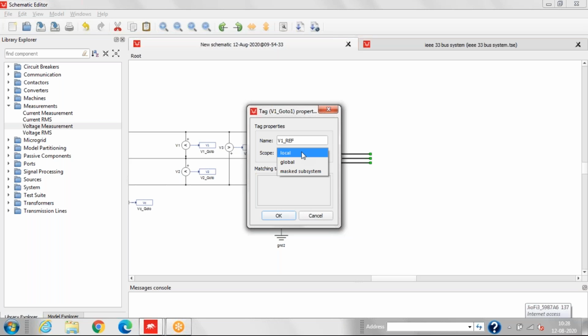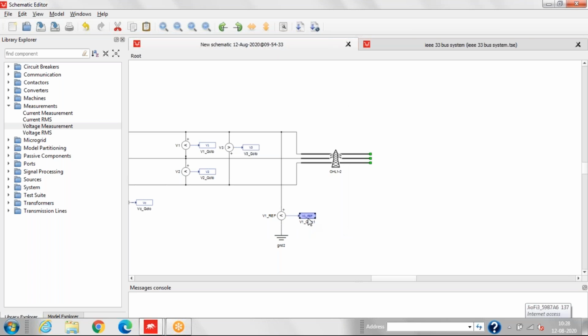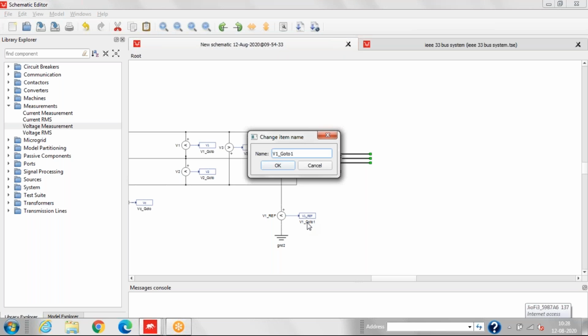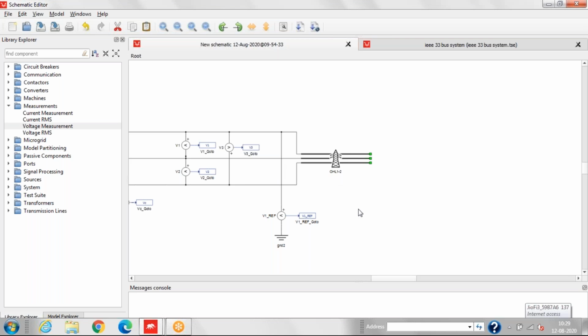So we'll only set the reference signal to node 1. So we'll make this V1 reference global. Now we'll change the name. Now we'll click OK.